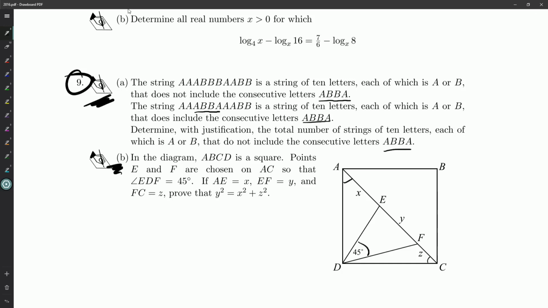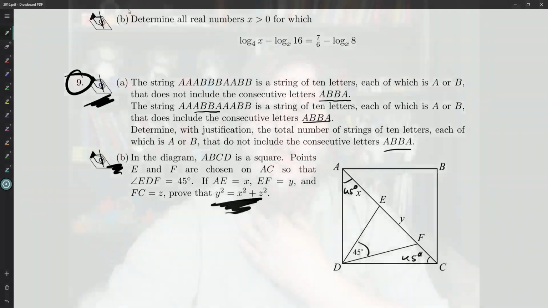Interesting. This is a nice little Pythagorean relationship. I don't know many angles. Obviously this is 45 and down here is 45, but I don't really have a handle on any other angles. So, I don't think we can trig our way to an answer. I might take that back in a moment, but there seem to be too few angles, too little knowledge about X, Y. We're just told it's broken up into X, Y, and Z, and you've got a 45-degree angle. It seems like that's too little information to be chasing things around with sine laws and cosine laws. I may eat my words in 5-10 minutes or so, but